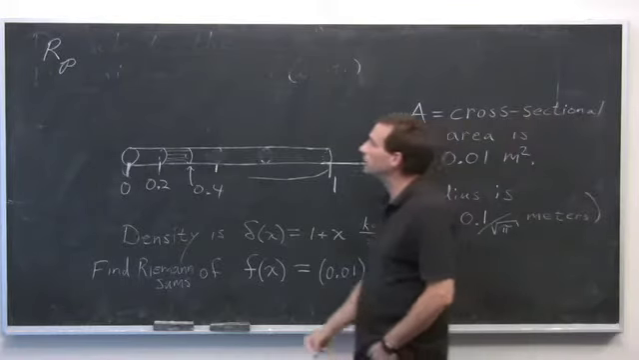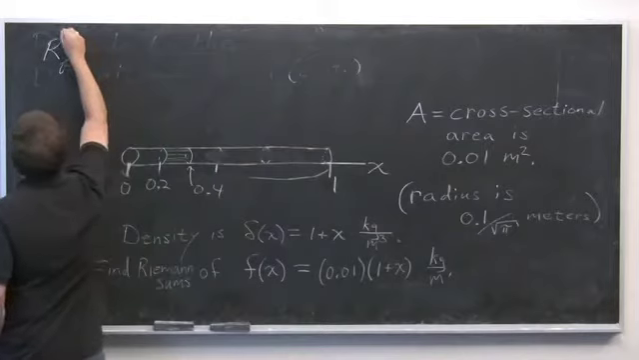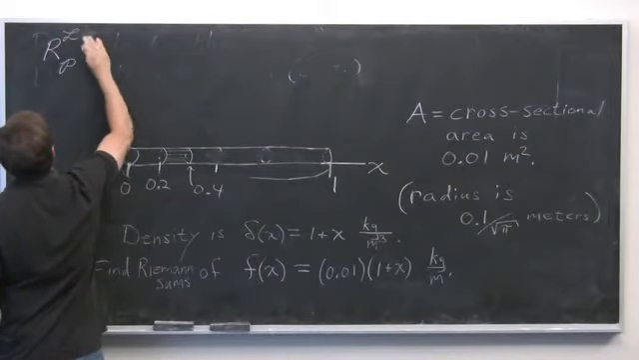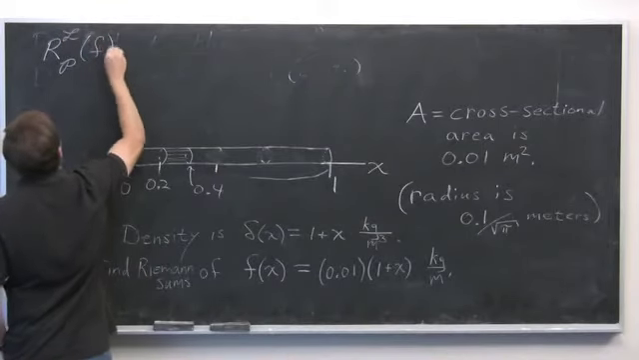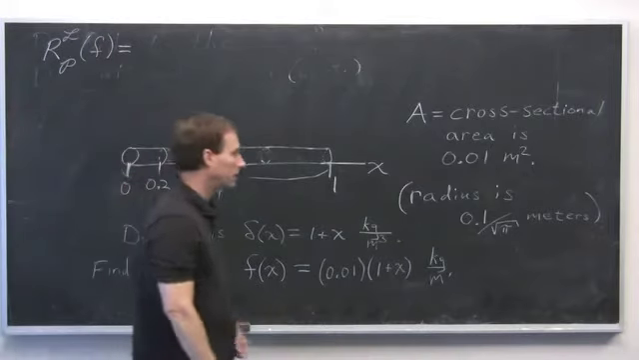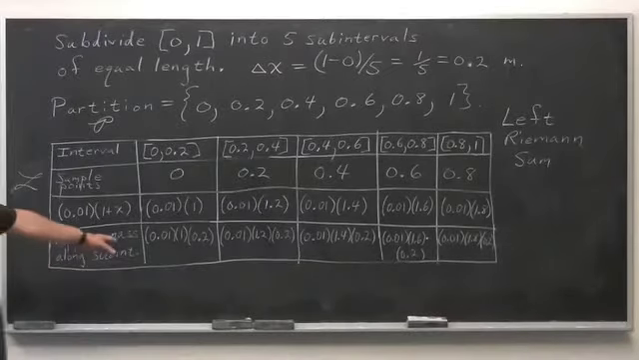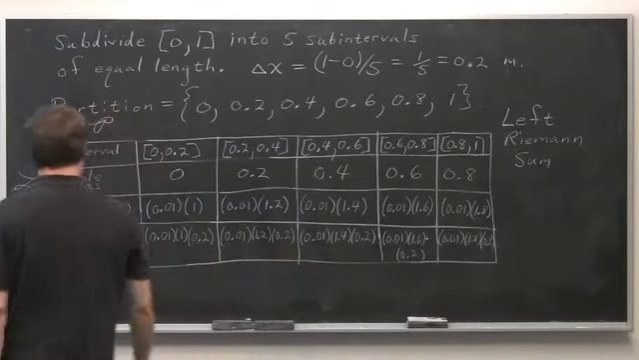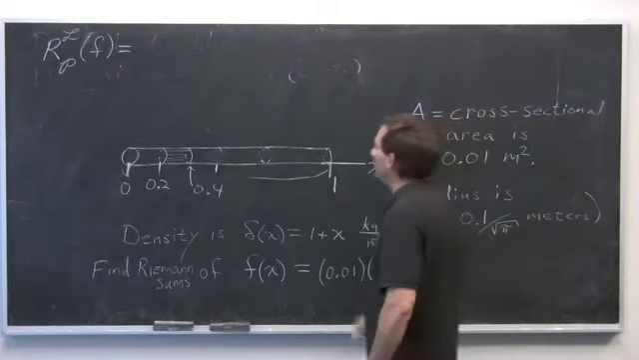So L for the left sample points of this F. Well, it's just this sum. You sum all of those things. What's the sum of all those things? We get